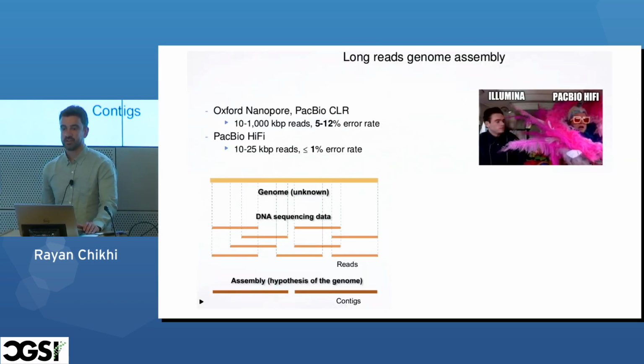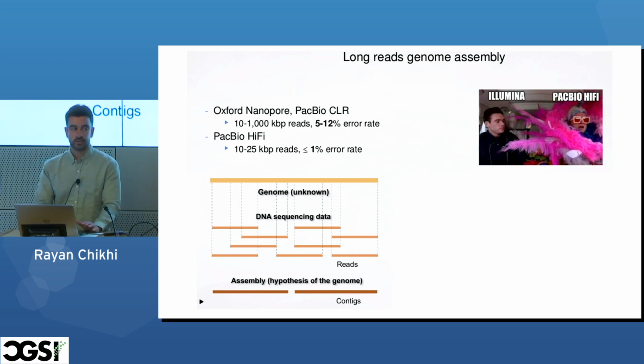The context is long-read genome assembly. So there is now many types of sequencing data. You remember the short reads, and now we have long reads, which arguably, as you can see from my perspective, I'm biased, but I prefer the long reads. What they do now is we are able to sequence long reads of length between 10 kilobases to a megabase